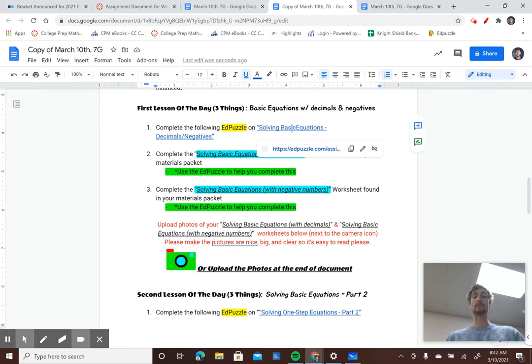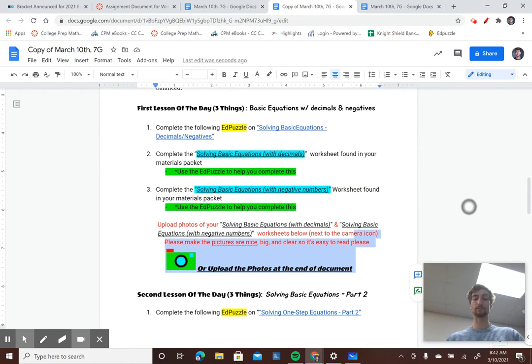You're going to first start off by watching this Edpuzzle on solving basic equations with decimals and negative numbers. And then you are going to try it for yourself. Complete a worksheet here and complete this worksheet here. They're both located in your materials packet. You're going to upload a photo of both completed pages, and then you're going to move on to the second